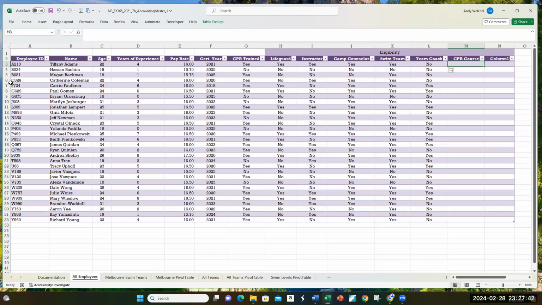See what I'm saying? If they are CPR trained, this will simply say yes. If not, there's another IF statement. Because if not, there's more IFs going on. It should say if they're a camp counselor, then yes, they can still do it, even if they're not CPR trained. Otherwise, they cannot do anything. All right, these are tough. And I think with a nested IF statement,